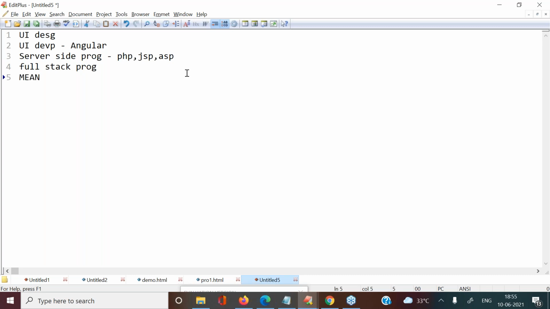MEAN stack is very popular now. MEAN stack is also just like full stack programming. In full stack programming, for the backend server-side script, you can use any one of these, but in MEAN stack, we work with Node.js, and on the front end,